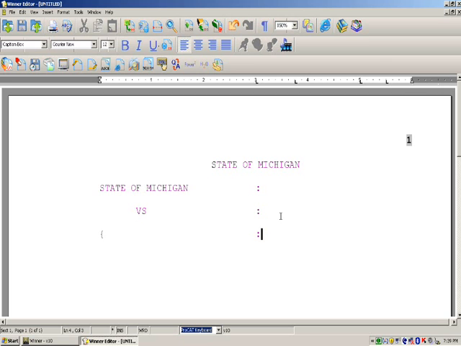Now, up here on this side of my middle colon, I am going to put case, I had to think for a minute there, number, and again I'm going to put an open squiggly bracket, and again it will stop here and allow me to place the number of the case in here. All right, I'm now going to come down